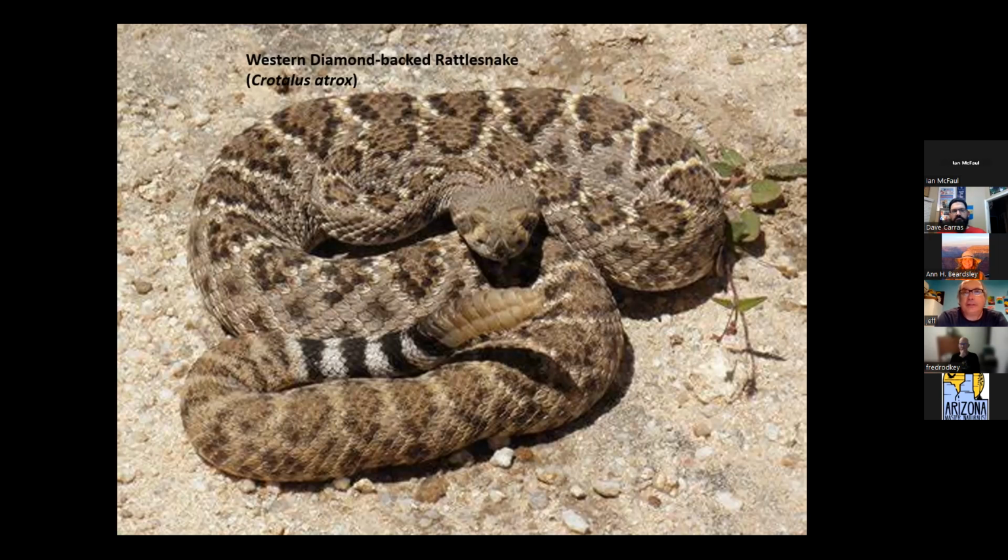In my view, we don't need to be afraid of rattlesnakes, but we do need to respect them. And these are snakes that will stand their ground. A lot of snakes see us coming and they're like, I just want to get out of here. Because of their defensive capabilities, these snakes will say, yeah, I'm not moving. You go around me. And that's always a good idea. So if you're out in the field, and the field in this case could be your backyard, or you're walking the dog down the block,